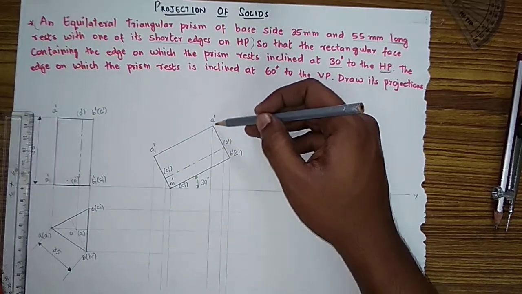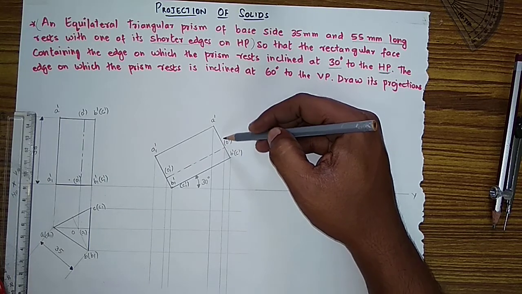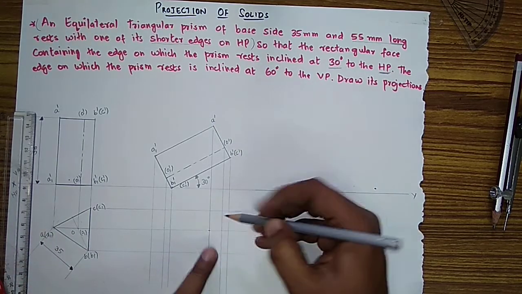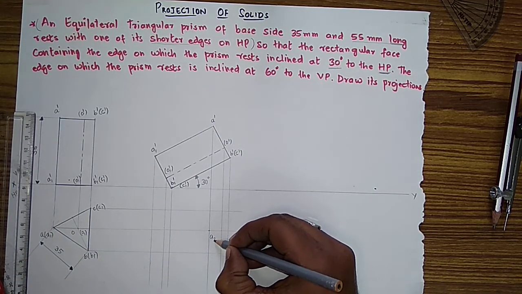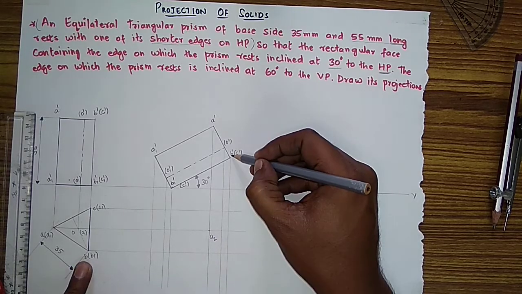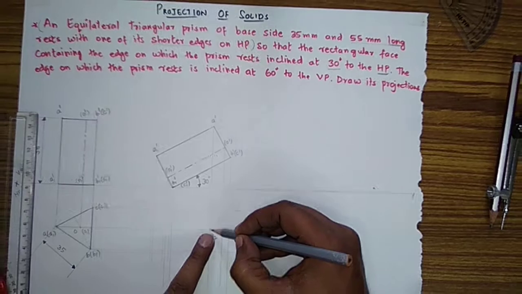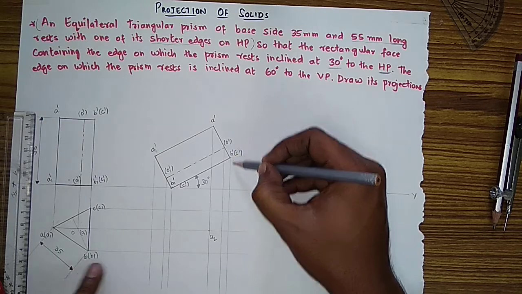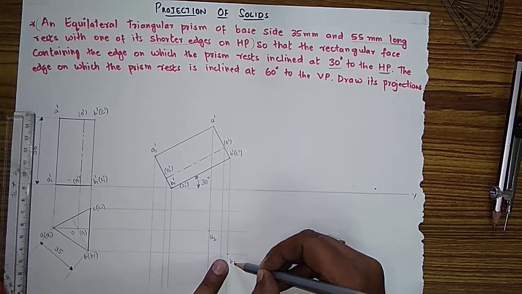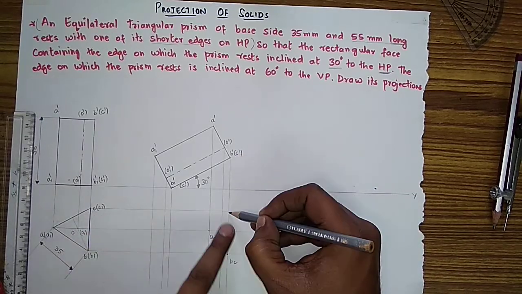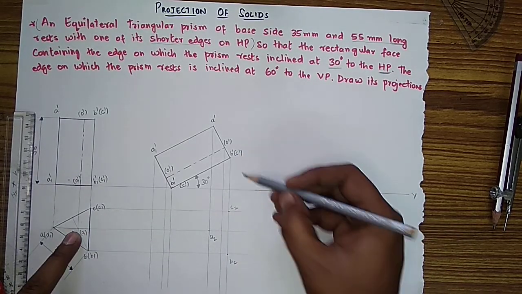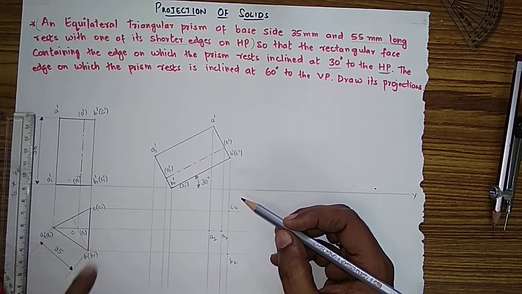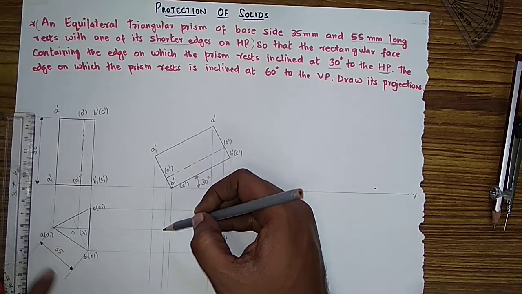Okay, from top first I will see this plane. It is visible. So first I will remove the points. This A, where it is meeting here, A2 I will write. B. A dash, where it is meeting here, I have to write A2. Now this B, where it is meeting here, B2. C, C2. O2, O dash, O2. Now A1, B1, C1, O1, these points I will take and remove the points.